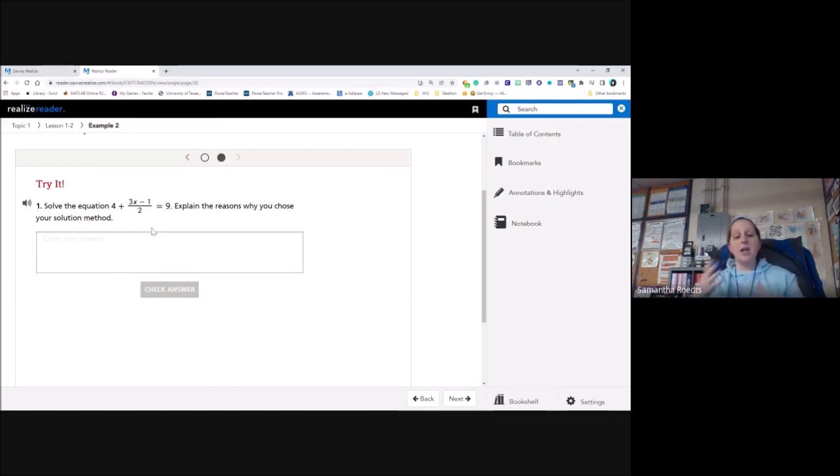So I'm going to basically undo what I would have done to x. For me, I'm going to subtract 4 first. So the first thing I'm going to do is I'm going to have 3x minus 1 divided by 2 equals 9 minus 4, because that 4 is all alone. It's outside. It's not affected at all by the fraction. So I'm going to subtract that first. That gives me 3x minus 1 divided by 2